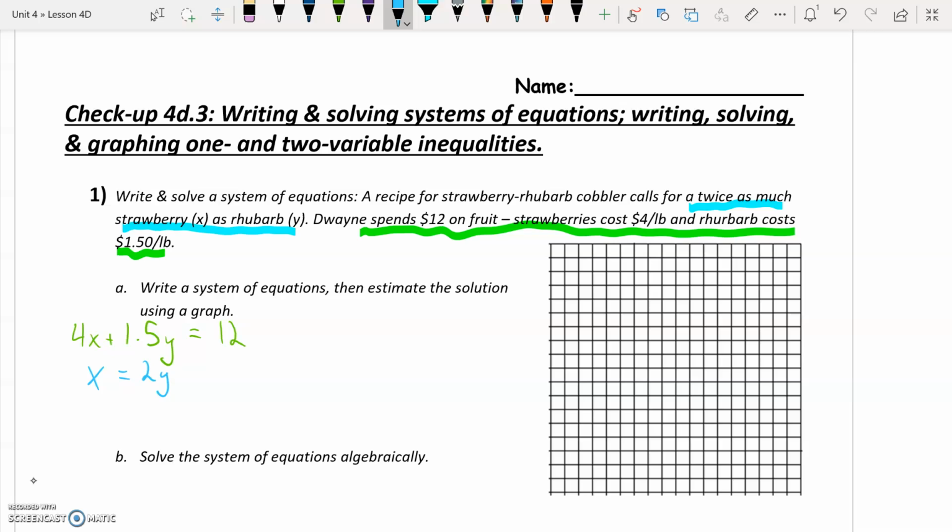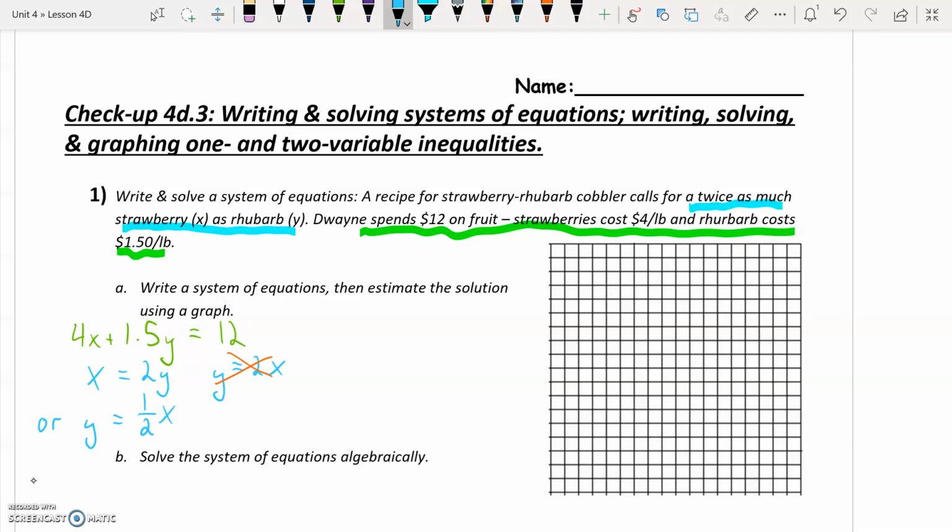The most common mistake I saw in this is people did y is twice as much as x, and that is not correct. That says the amount of rhubarb would be twice as much as the amount of strawberries. If you want it in slope-intercept form, though, and I think that's what people were going for, they're usually writing y equals mx plus b. If you want this in slope-intercept form, either you have to switch what your x and y are, or you could write this as y equals 1/2